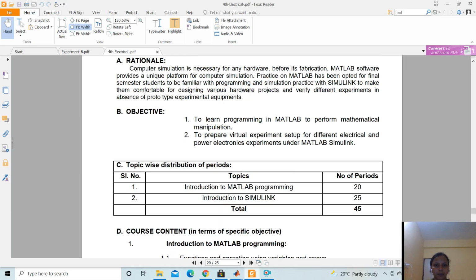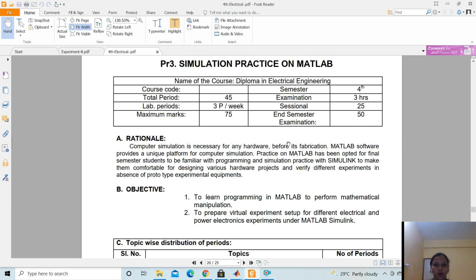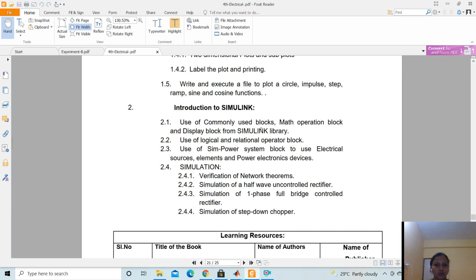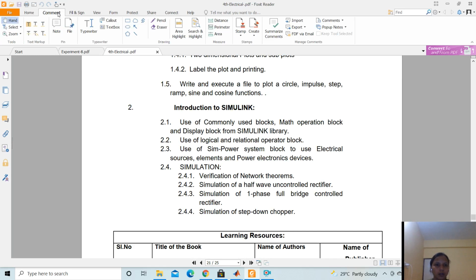This is your practical paper simulation practice on MATLAB. Today we will discuss an introduction to Simulink. Under this Simulink section we discuss the commonly used blocks, math operation blocks, and display blocks from the Simulink library.